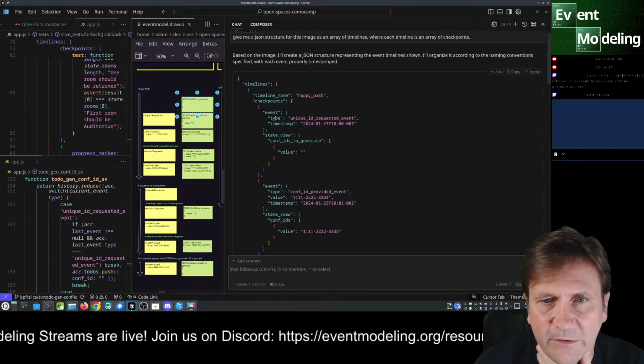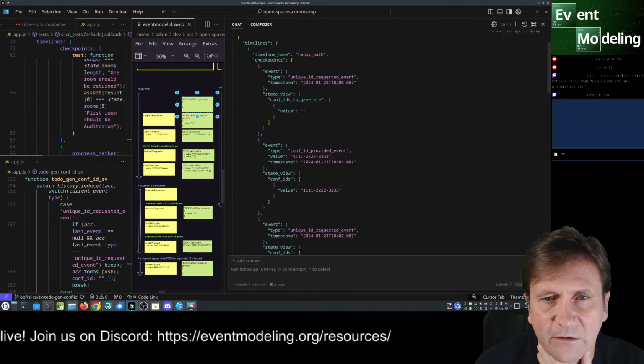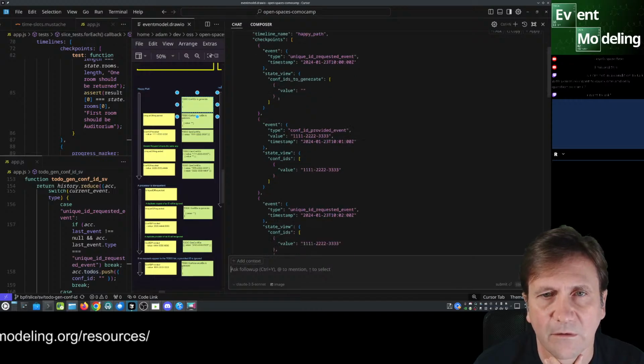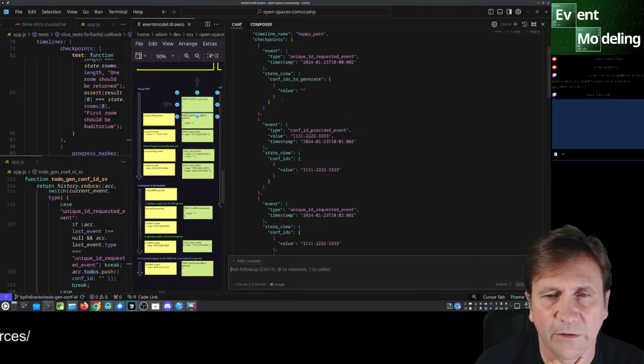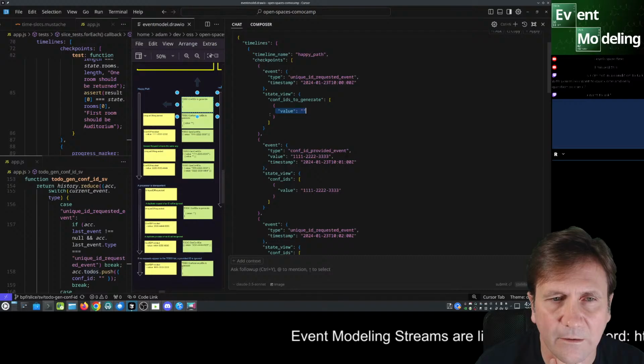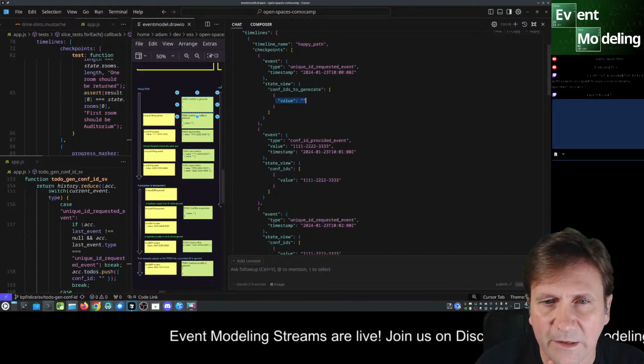We have happy path timeline, we have a blank event, a state view with nothing in that. This is wrong. No, this state view has no value. This is an empty array. Next event.